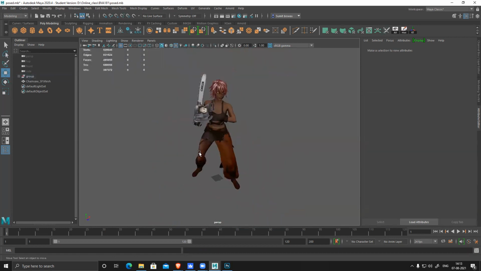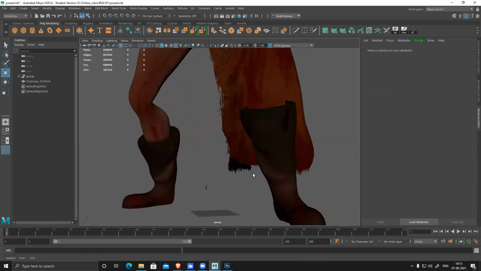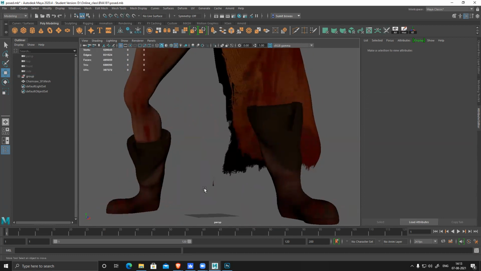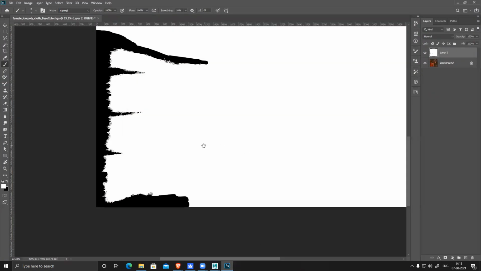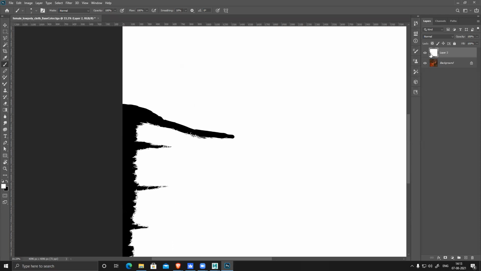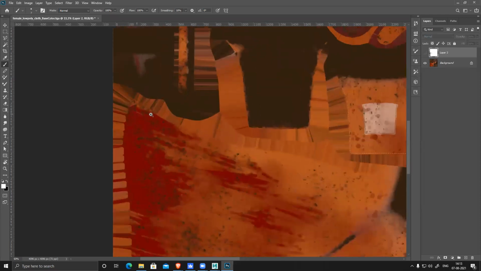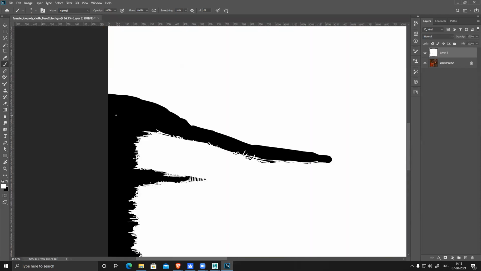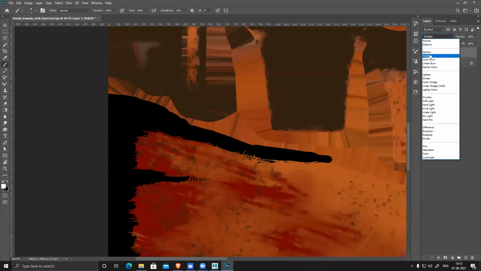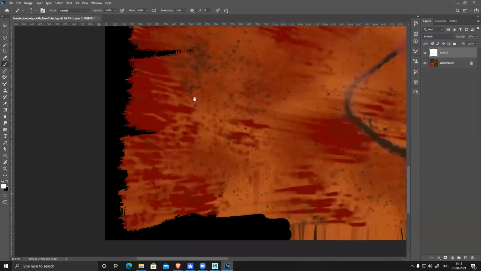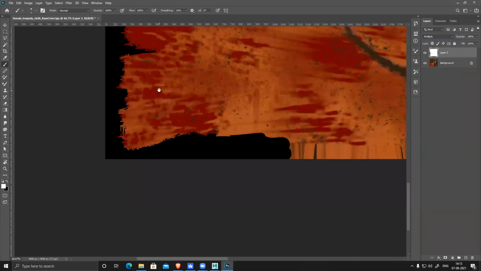No need to worry. Oh, that's one corner. Multiply. Somewhere, I guess, some corner I missed.